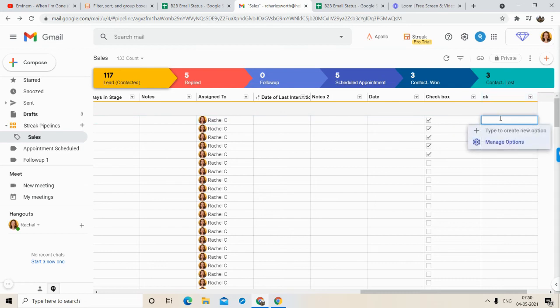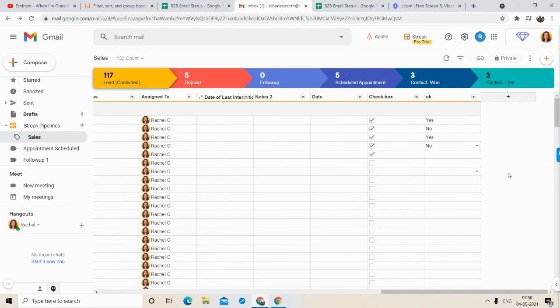Now, if you have to create anything, suppose you are creating a Dropbox, so I am creating Yes, to create yes, right? Create No, to create no. Now you can edit all those things. Once you create, you just select from here. From here you can select Dropbox, right? No. So this is how Dropbox works, right?